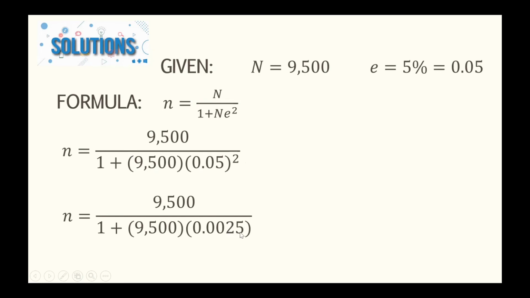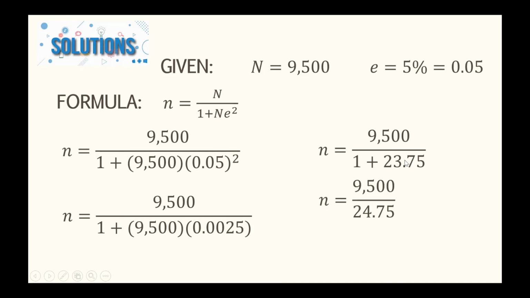0.0025. Next step is to multiply 0.0025 by 9,500. That is 23.75. Next is to add 1 to 23.75, that is 24.75. And that's the time that you're going to divide 9,500 by 24.75. In your calculator, that is